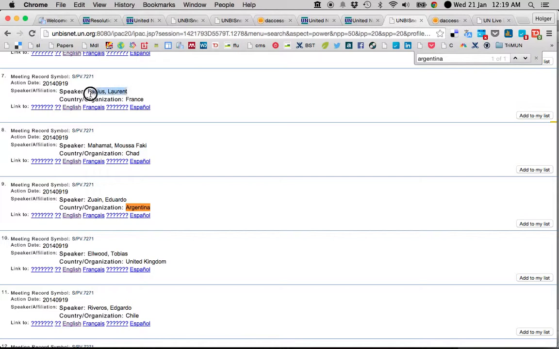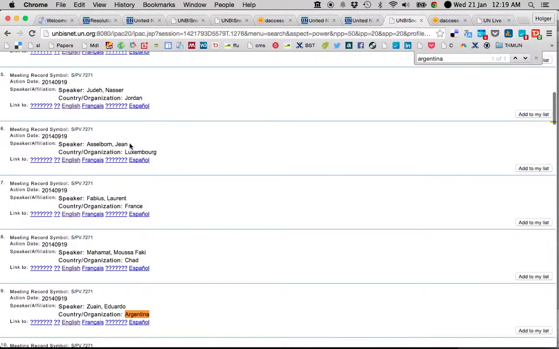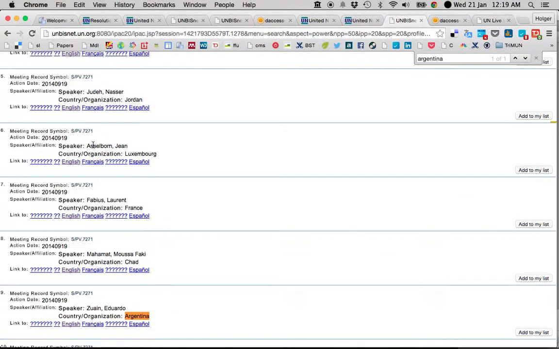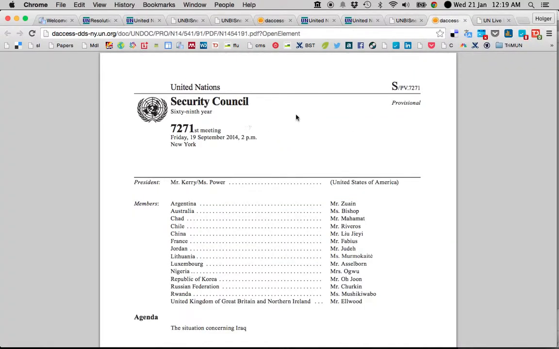And you also find Laurent Fabius, the French foreign minister, Jean Asselborn of Luxembourg giving a statement, and the US Secretary of State John Kerry, who actually chaired the meeting. So if you click on the link, you get to this document, and it's the same document,